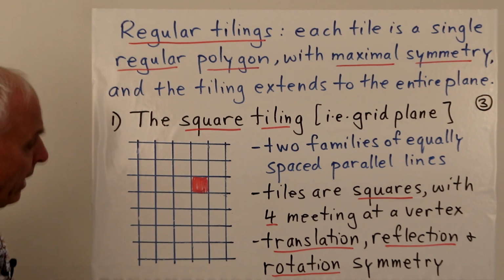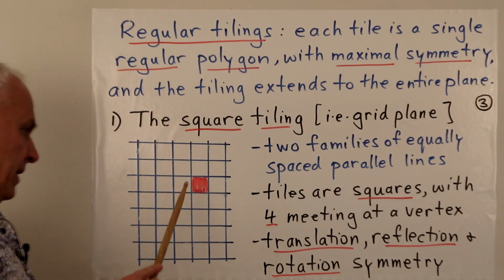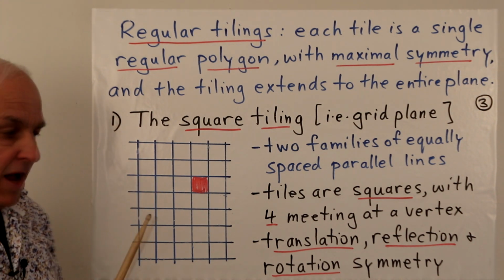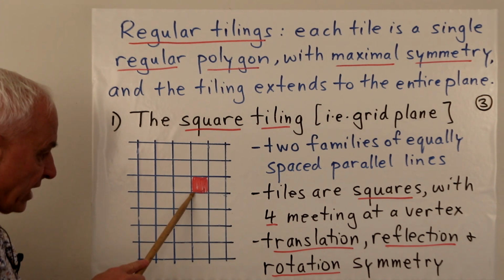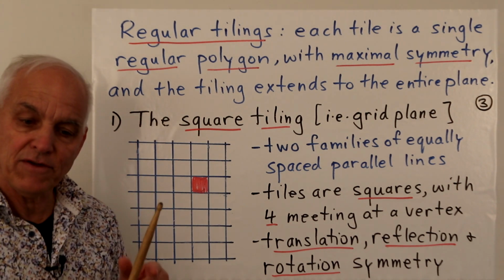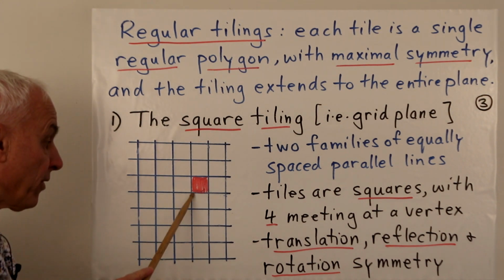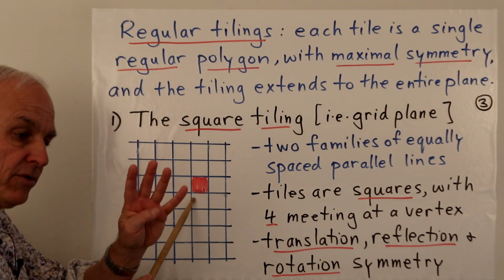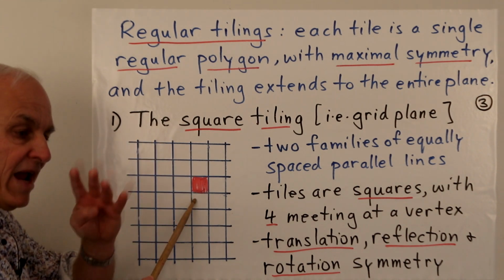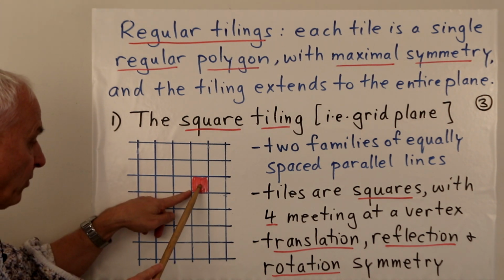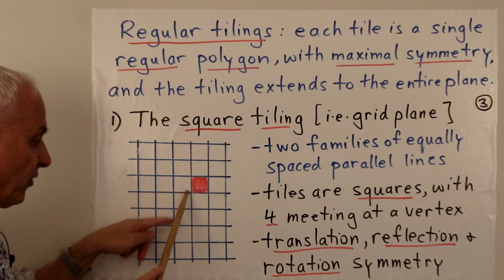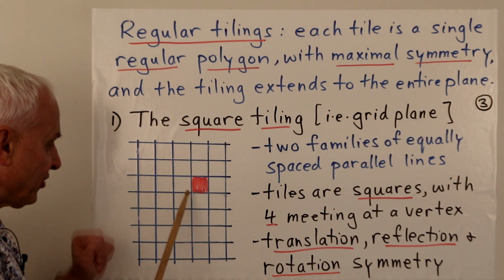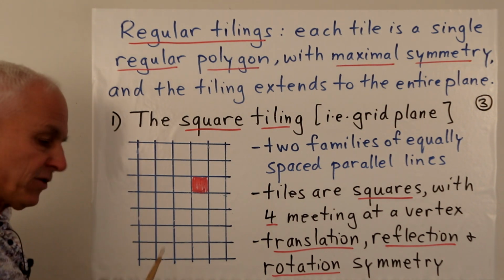Now, there is one of the tiles in this tiling. It's a square. And if we look more carefully at it, we see that these squares fit together in a nice way, and it's nice to say something about how they fit together. So if we look at a vertex, a point where two of these defining lines cross, say that one right there, then we see that at that vertex there are four tiles, four squares arranged around that vertex. So besides the red one, there's also this one here, and this one here. So there's four tiles around a vertex. And of course, that's not just true of that vertex, it's also true of that vertex, and any of the vertices.